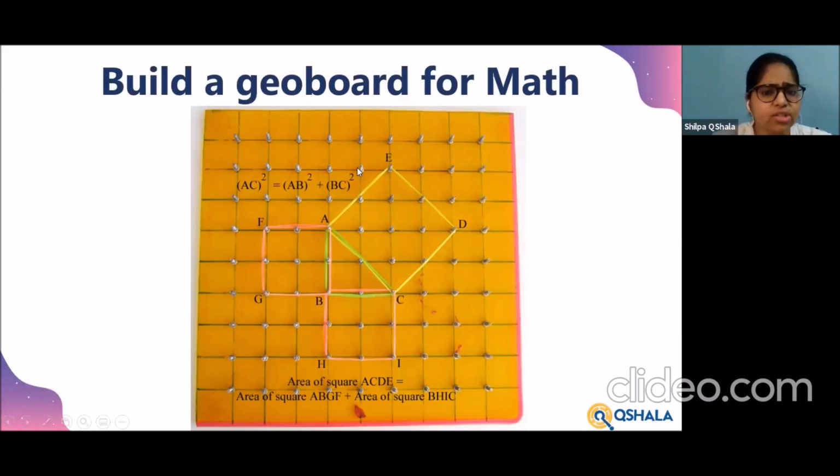If you don't have rubber bands, just use a string or a thread that you can find at home. You can teach a lot of concepts like he's done here. You can help kids find the area of different geometrical shapes, and teach them angles and things like that using this simple geoboard, right? How to make a geoboard, you will find on his website, or you can also find a lot of other resources on YouTube and other platforms where they are freely available, right? So a geoboard is a very easy concept to use when you're teaching geometry to your kids.